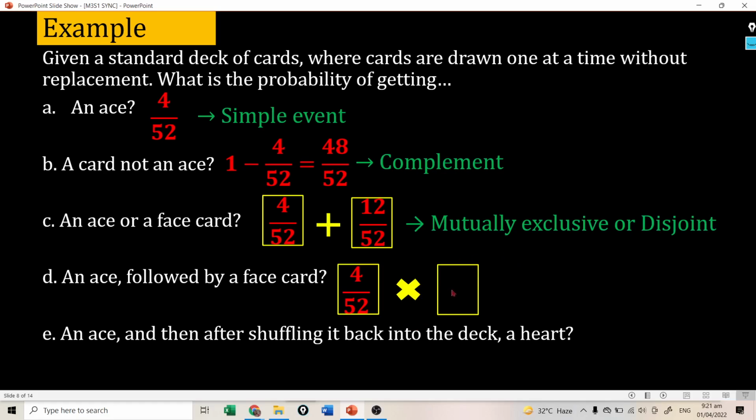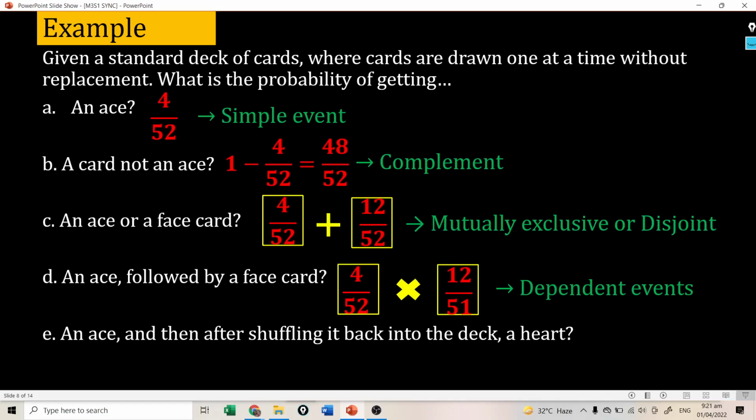How many face cards are there? 12. Pero ngayon, ilan na lang ang cards? Nag-ace ka na ng una eh. 51 na lang. 'Di ba? Ito yung klase naman ng events na tinatawag nating dependent. The probability of the successive events are dependent on the previous ones kasi nababawasan yung cards